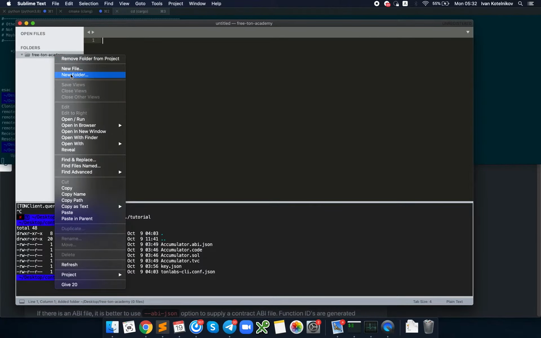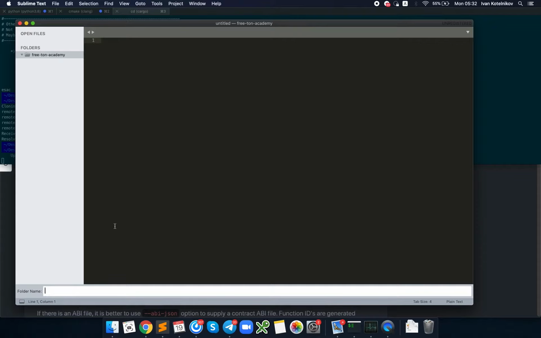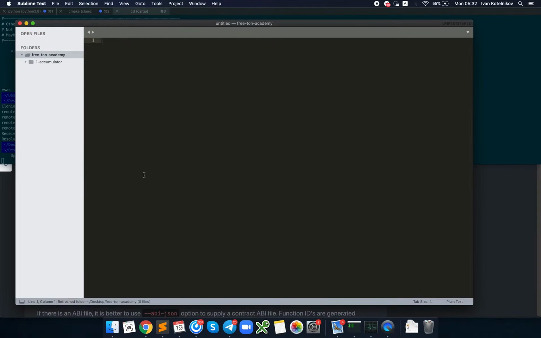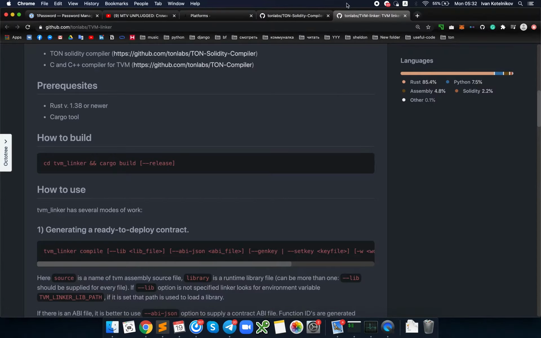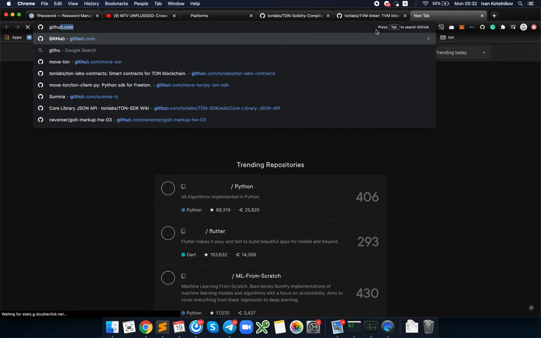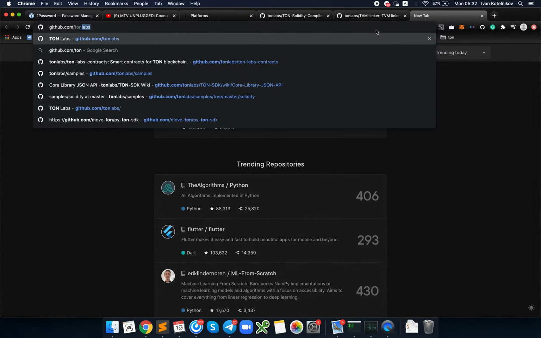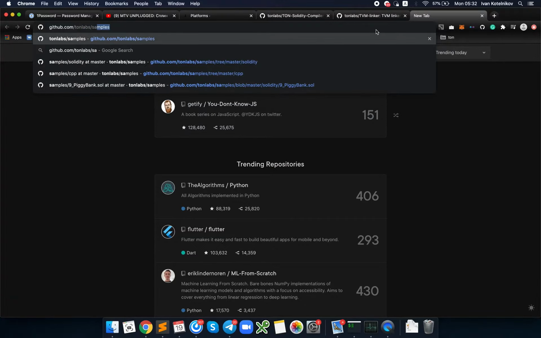And here I will just create a new folder, call it first tutorial, accumulator. So we will basically go through TonLabs samples,